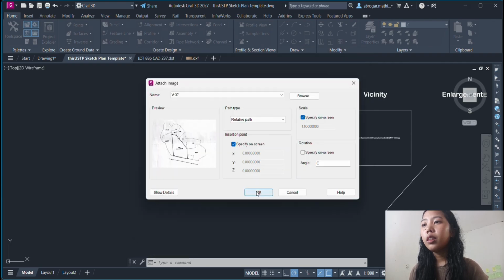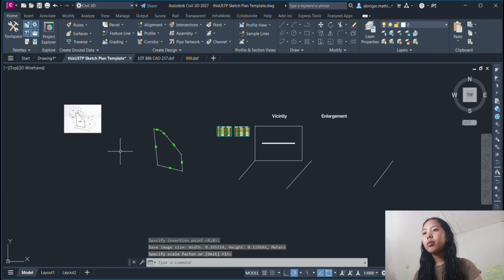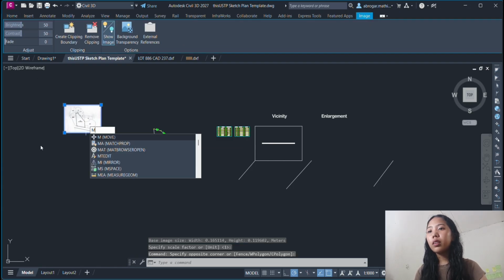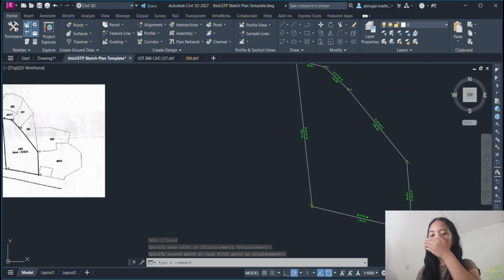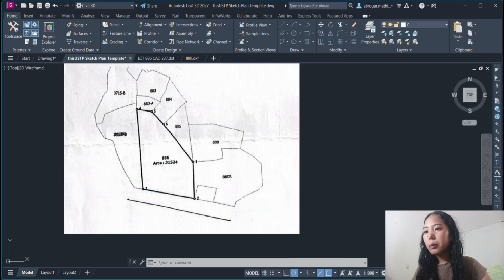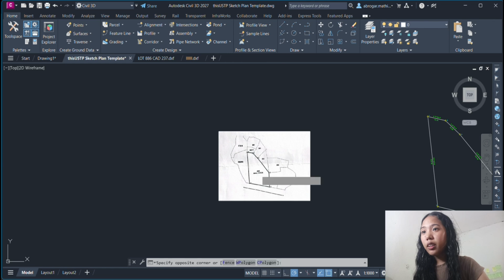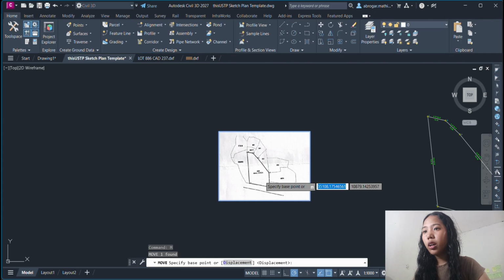Then next is change necessary informations. Then we did move the last point earlier, so it changed the line, the distance of line 1 to 6. So let's change it to the correct one.